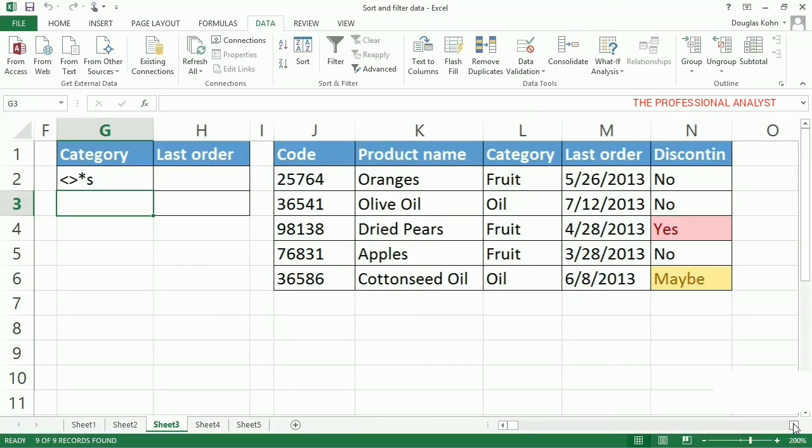Now you've got a pretty good idea about how to sort and filter data. Of course, there's